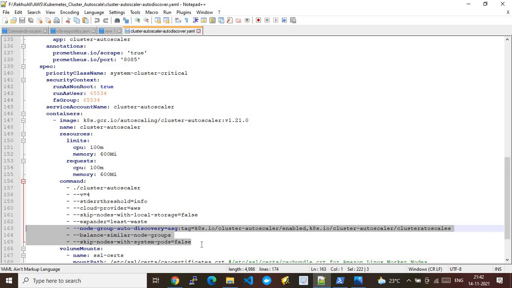Okay, so if you are watching this video, watch it carefully and copy these. Make sure that the content present in this file is exactly the same, but here at the end you should replace the selected part with your cluster name. Since my cluster name is cluster autoscale, that is why I have kept my cluster name here. Whereas the other contents under this command have to be the same as mentioned in this file.